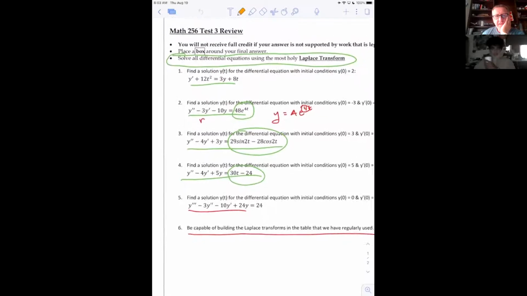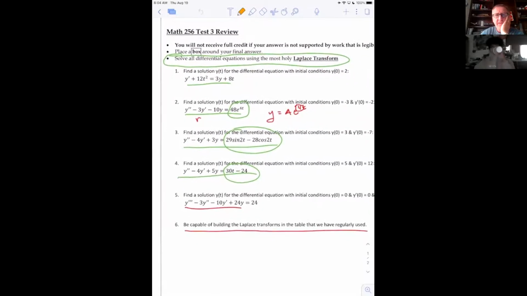The main thing I'll quickly repeat is you're going to be doing everything on this test with Laplace transforms, and you can certainly check your work as per usual. Notice there's kind of every example here: a second order equal to E, a second order equal to trig, and a second order equal to a polynomial. So you need to be able to take the Laplace transform of both sides and decompose the disaster that's left behind